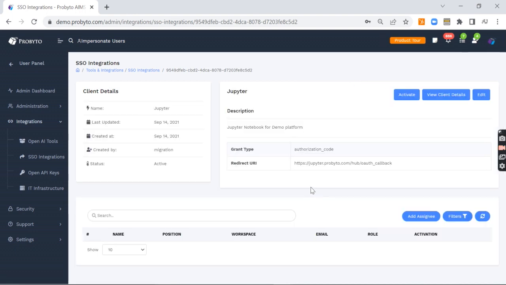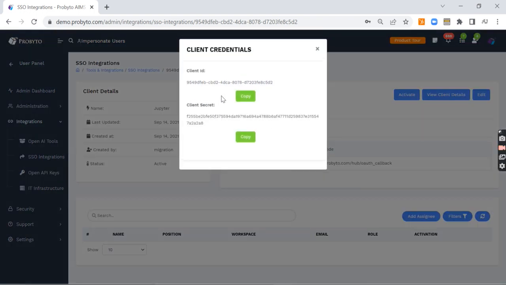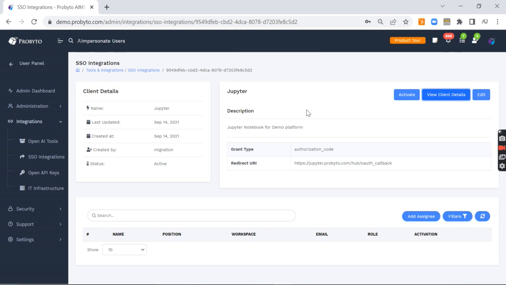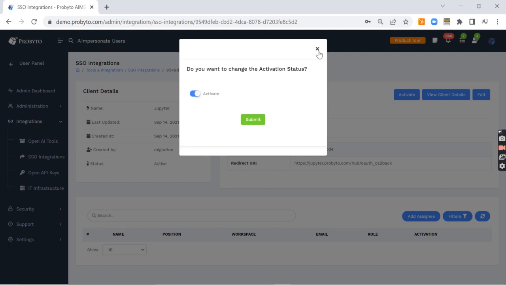If you go inside, the most important information for us to provide is what the authorization grant will be, and what the redirect URI will be after Provider AMS authorizes and authenticates the user. The secret key and the client ID are provided here, which you have to use in your deployment of the tools. And we'll give you a custom image for Jupyter Notebook to make it work with you. You need to make sure this is activated, because the tool has to be activated.